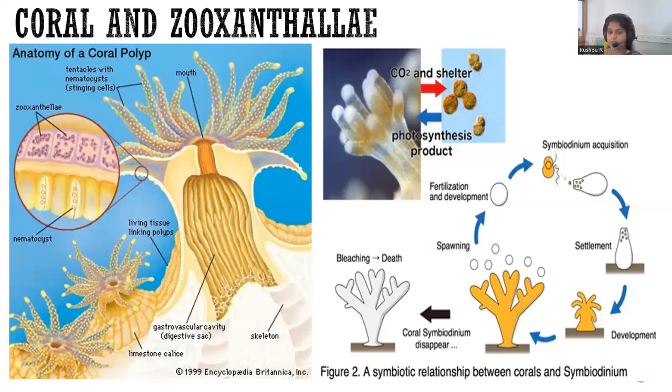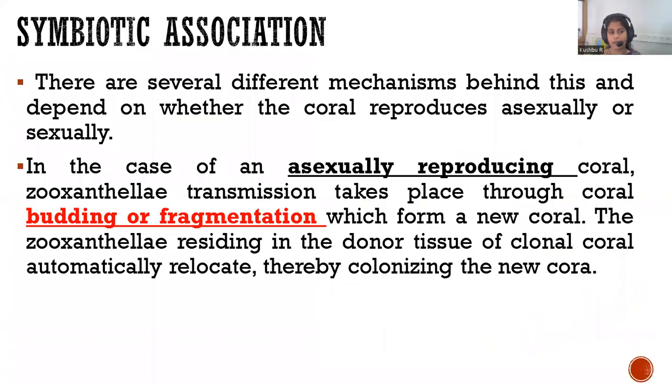Even if it doesn't have it, it undergoes phagocytosis and procures some amount of zooxanthellae in the neonate phase itself. That is how dependent they are on each other, where zooxanthellae play a vital role in the reproduction itself. So to speak about the reproduction part of the coral reefs, it shows asexual reproduction, that is by simple budding